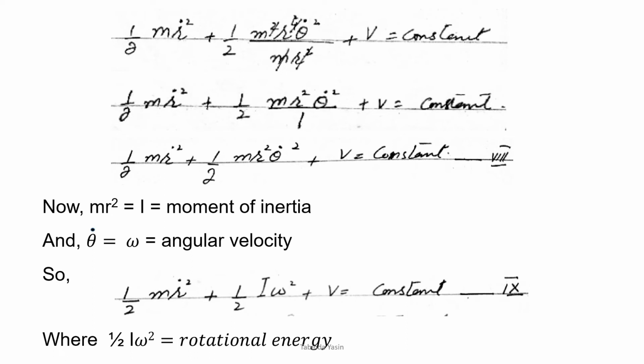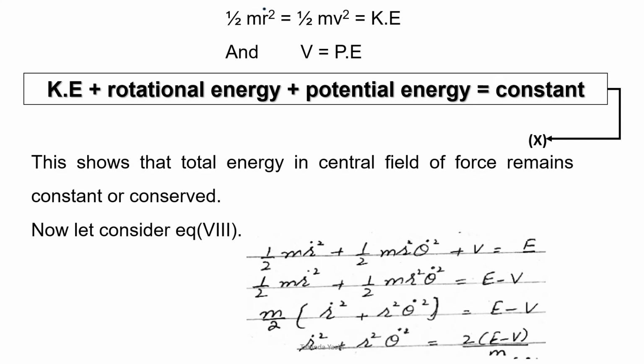It means that the sum of potential energy and kinetic energy remains constant, and here the total energy is in the form of rotational, translational and potential. So here we can substitute 1 over 2 m r dot square, which is equal to 1 over 2 mv square, as kinetic energy, and V is potential energy. So the equation is left as kinetic energy plus rotational energy plus potential energy equal to constant. Giving that equation number 10,